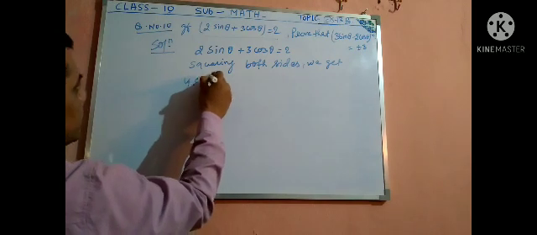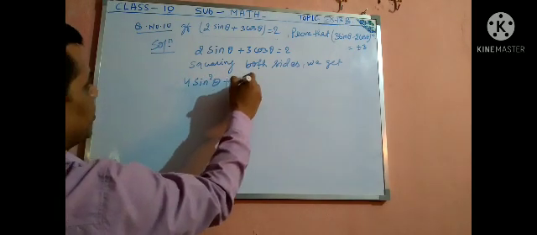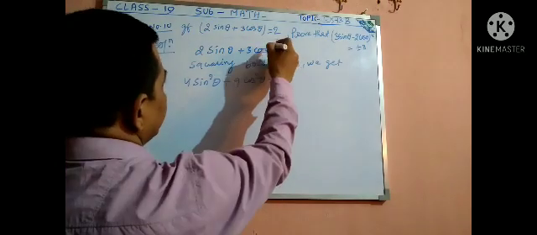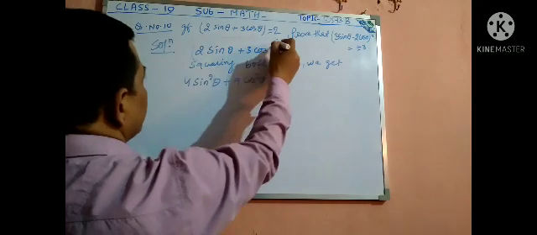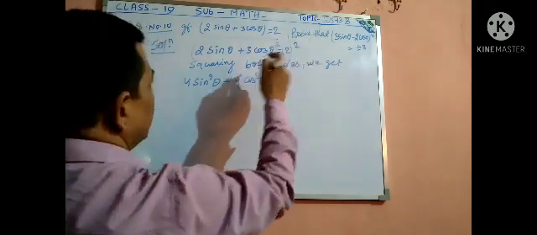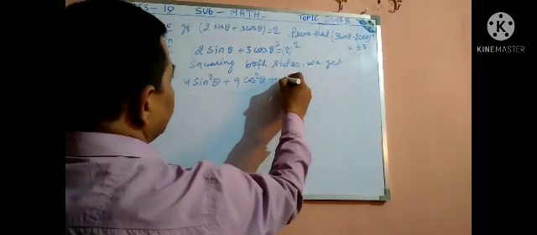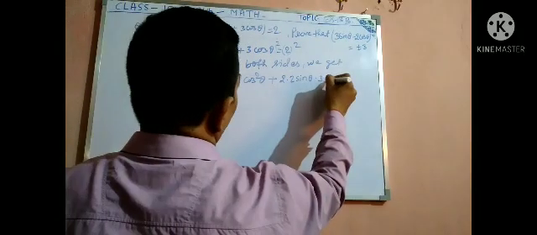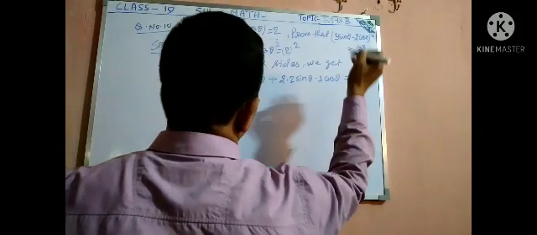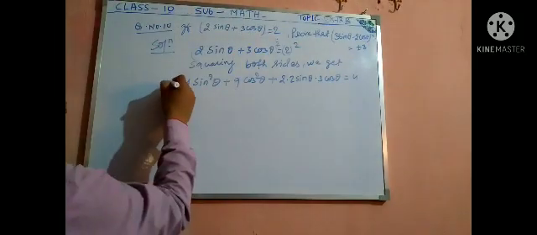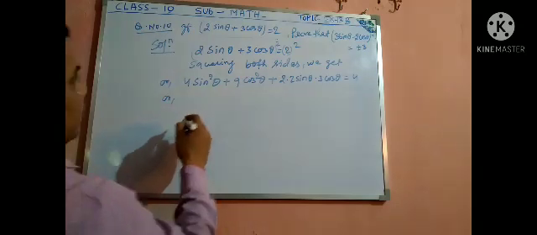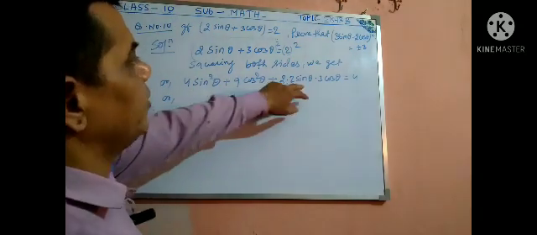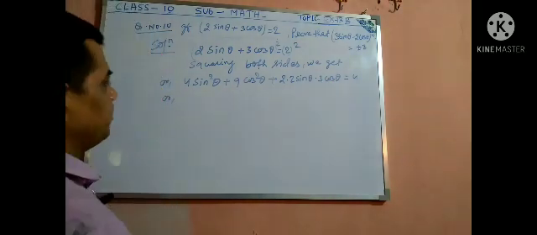4 sin square theta plus 9 cos square theta, a plus b whole square, that is a plus b whole square, and the other term also square. So 2ab, 2 into 2 sin theta into 3 cos theta, is equal to 2 to the 4, and 4 sin square theta plus 9 cos square theta and these terms. Okay, then again